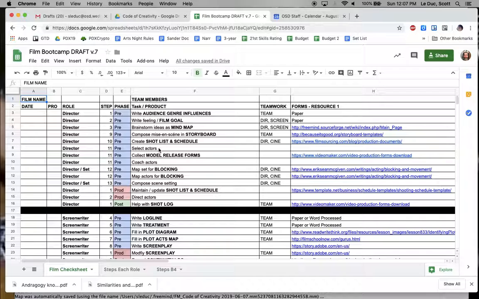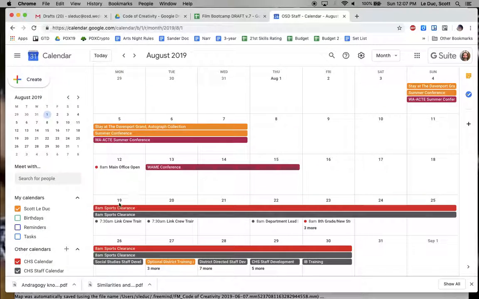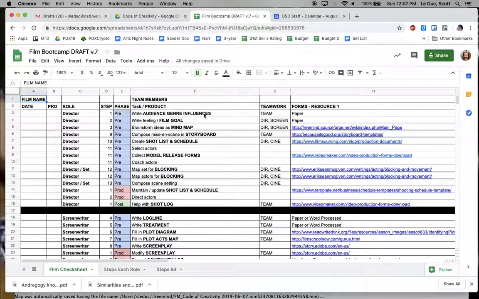And that's it. One other thing is take a look at the August dates between the 19th and the 23rd. I'm targeting 6 to 7 p.m. And what I want to do is one night per media area. So maybe on Monday night, it would be the film people from 6 to 7. And you can virtually just be on the Google Doc. This document right here, you have access to this now, or you will have access to it. And so you could be at home just working on it.